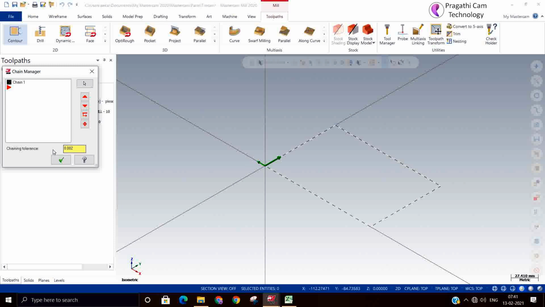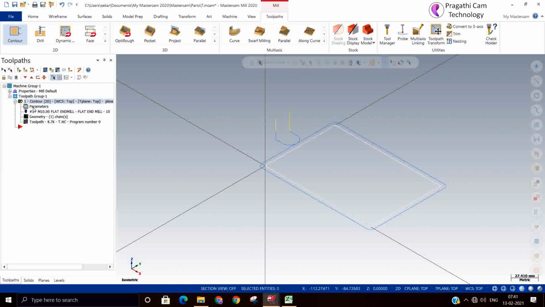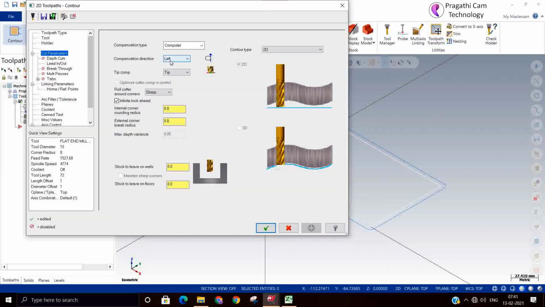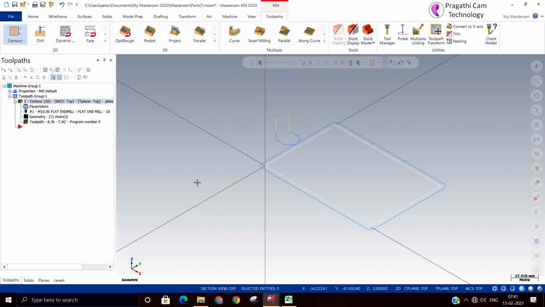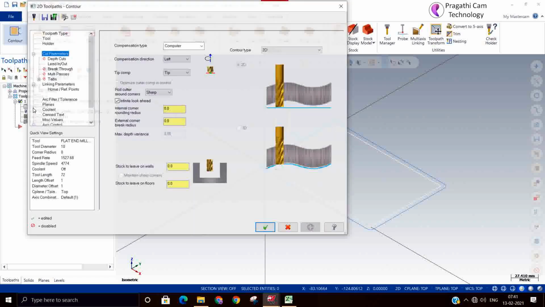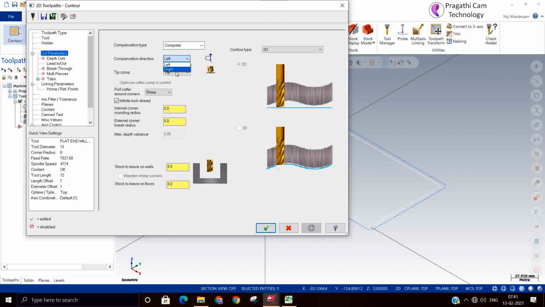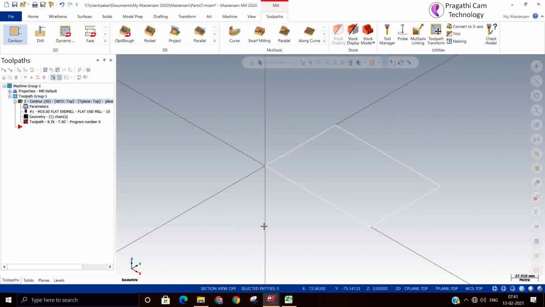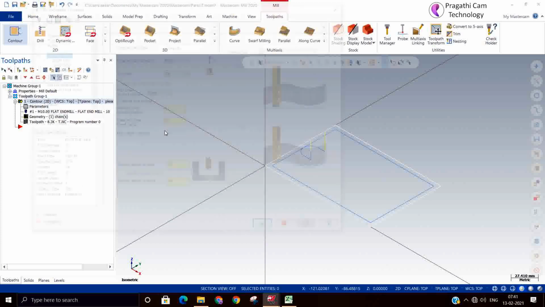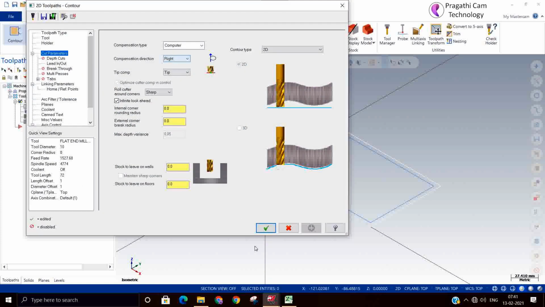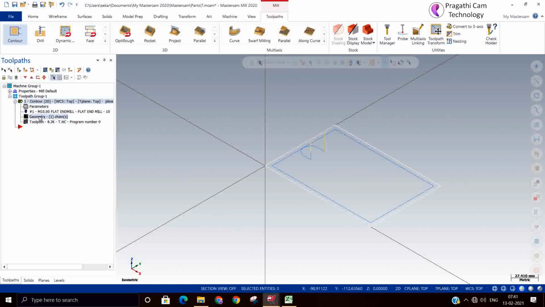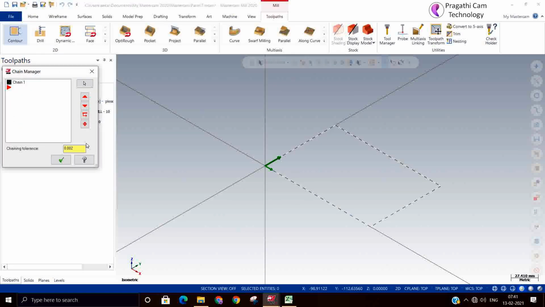That is your left hand compensation. If you want to change to the right side, you change the compensation to right. Now you can regenerate. You can see that the toolpath is generated inside. Now you can see in the chain that the small arrow is on the right side. Now you understand what compensation left or right is.